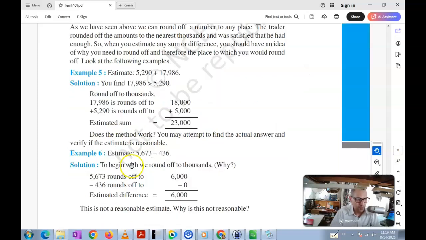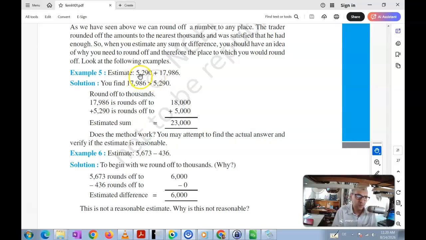Let's take a look at how to estimate sums and differences. As an example, we want to estimate this sum over here. You don't actually want to do the addition, you want to estimate it. So you just need to take a look at the numbers. To get a good estimate, I would round 17,986 to 18,000, meaning I would round it to the nearest thousands. And 5,290 I would round to 5,000,